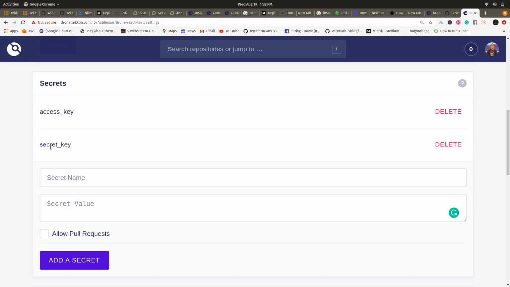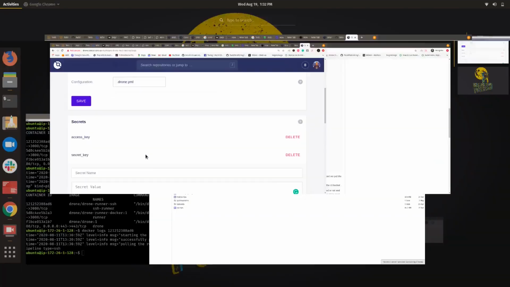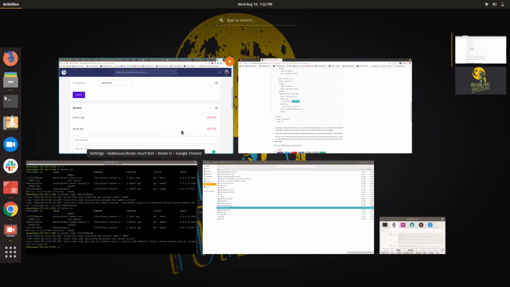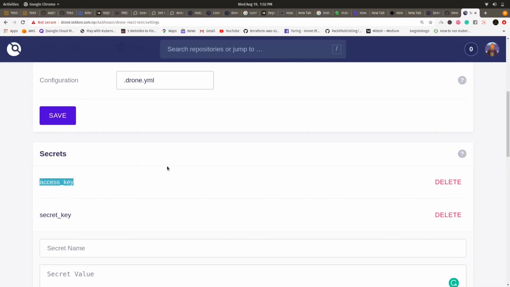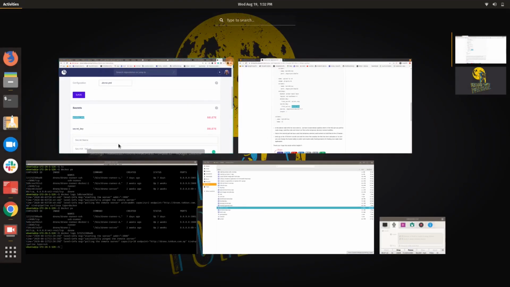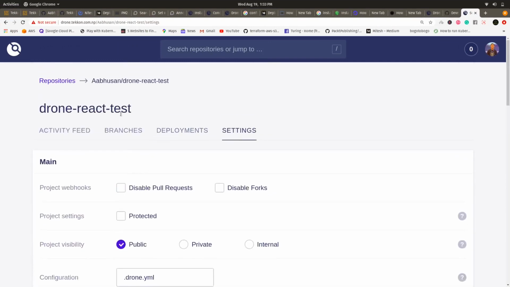S3 bucket. After that you can use these secrets in your drone.yml file like this. In the case of the access key, we are using from secret, and this is the access key. This should be the same as this. And after that we are using a secret key. We are using from secret, and this secret key should be the same as this. It should be given in the settings of your repository in your